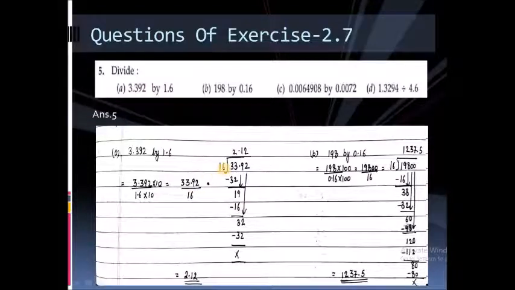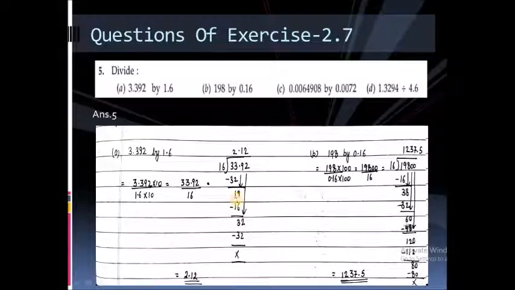Now this is a whole number, that is our divisor, and this is my dividend. So you can easily divide them. Nearest to 33 in the table of 16, 32 will come 2 times. So I write 32 here. I subtract 32 from 33 and I got 1. Here my decimal point arrives. So I have to put a decimal point in the quotient. Then only I can note down this 9.